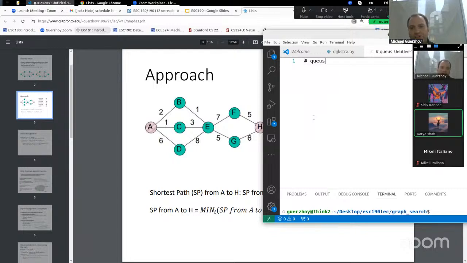So we have our queue, and we have our visited. And initially the visited is just nothing, right? And we're saying I'll add A with a distance of 0 to the queue. Okay. So then what we're doing is repeatedly